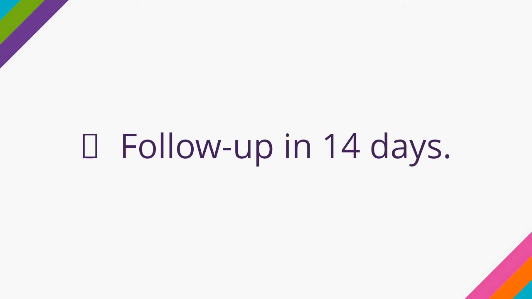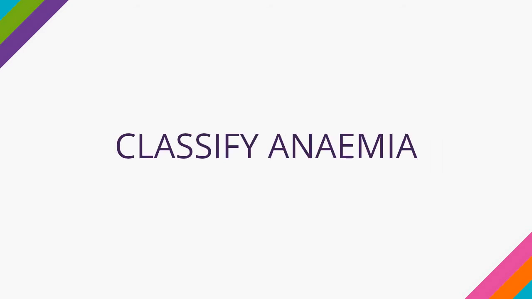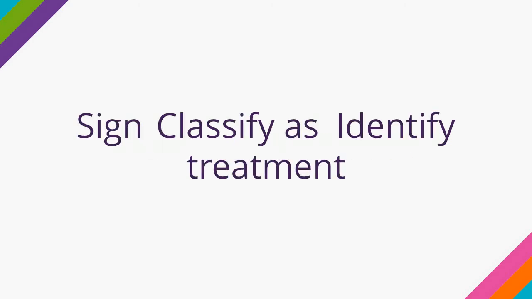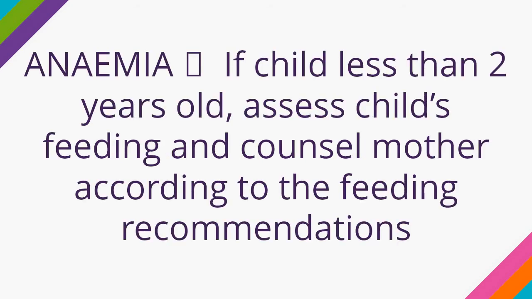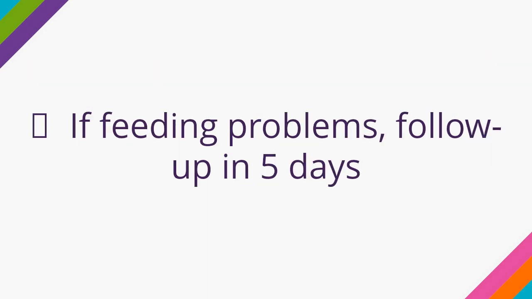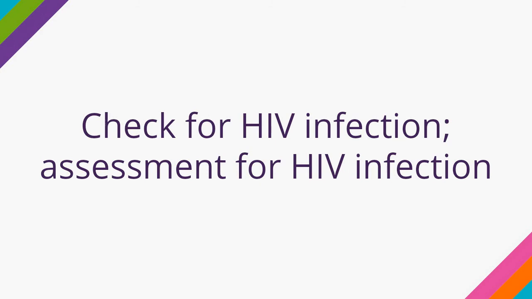So in anemia, we just look at the severity of pallor in the palm. Okay, so it's from no palm pallor to some palm pallor and then severe palm pallor. Okay, so you can also do classification under IMCI for HIV infection. So assessment for HIV infection, if the child has no severe,